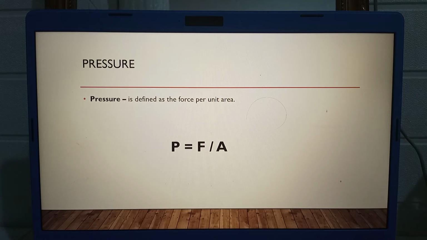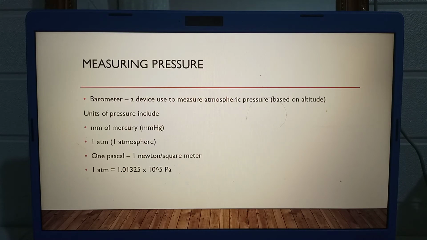Pressure is defined as the force per unit area. Formula of pressure: P equals F over A, where F represents force and A is the unit area. Measuring pressure. Barometer: a device used to measure atmospheric pressure based on altitude. Units of pressure include